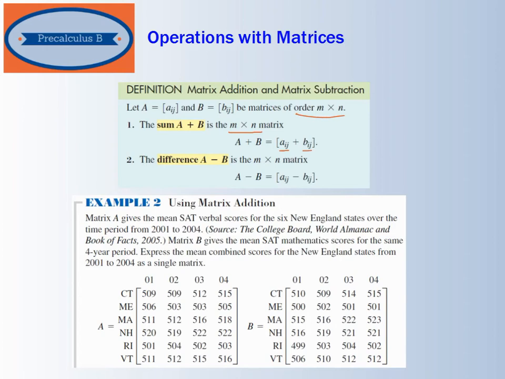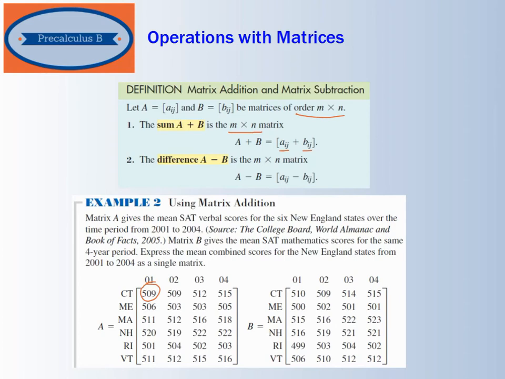So if we were going to look at example 2, if we're going to add these two matrices together, we would add 509 and 510. We would add 509 and 509, etc. You would actually add the two pieces together. And what this